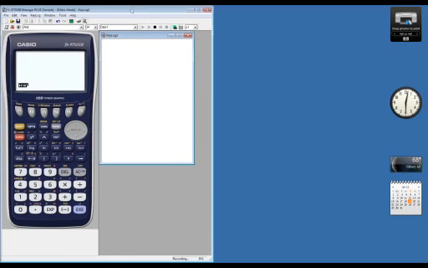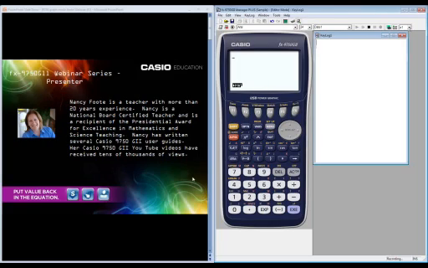I found personally that it makes it easy for me to use it, and if I can figure out how to use something, then my kids can figure out how to use something. I want them to get used to using a calculator as a tool from the time they start middle school. And actually, I've used graphing calculators with kids as young as 5th grade. I want them to get into the habit of using it. I don't want it to be anything big or scary or unwieldy. I want it to be a tool.